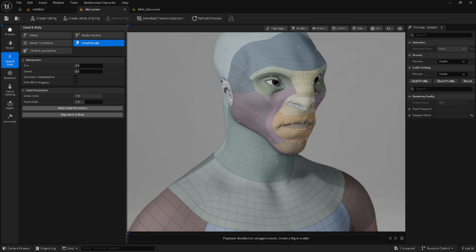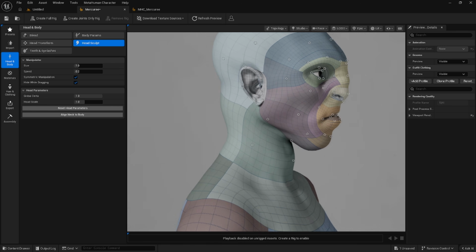We can pull that out. This will of course work on both ears symmetrically, so what you're doing to this ear will happen to the other one. I'm just going to pull this out a little bit, kind of make it look as much as I can to the actual